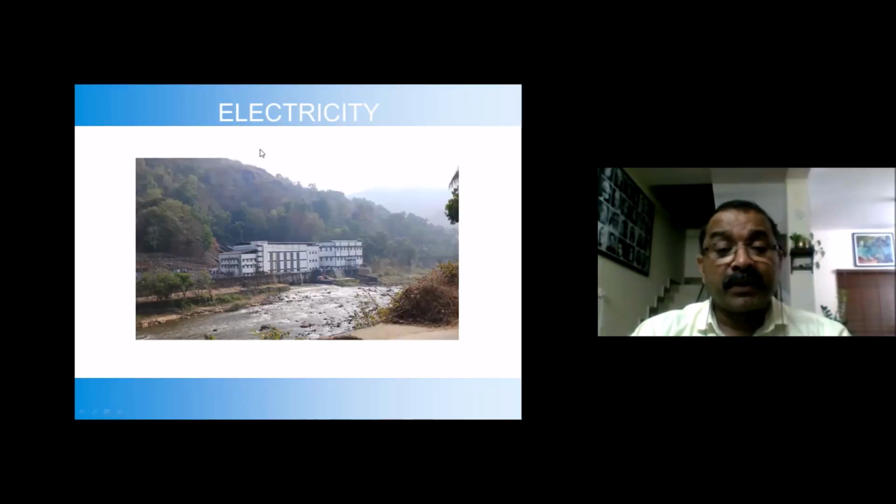Water will be coming from the dam at the height, coming to this unit. Our generators are stationed here, and in order to make the rotor rotate, there is a water turbine. So water will be coming through penstocks and making the turbine rotate, and it will get out of our plant through the tail race and join with the river.